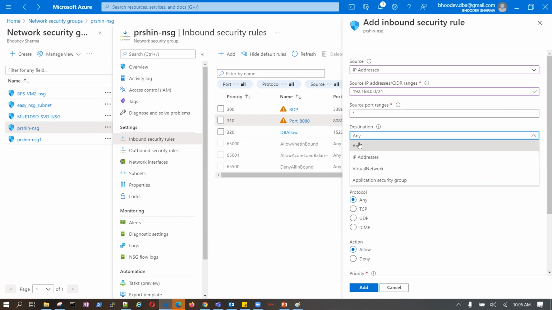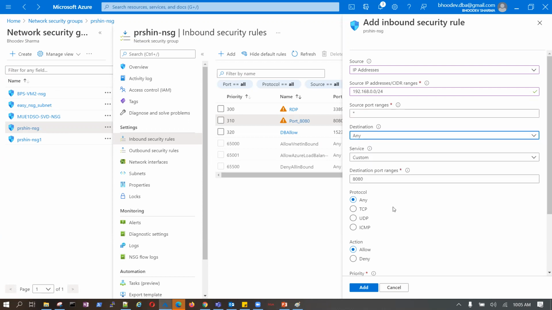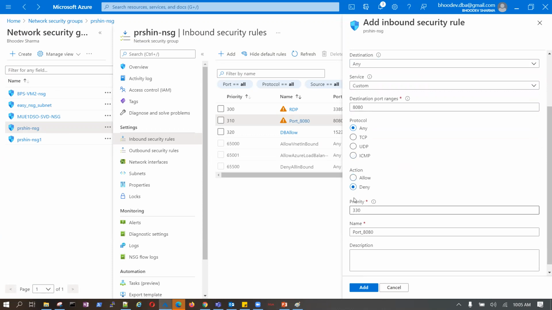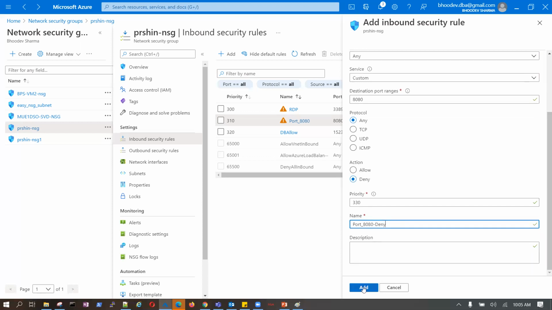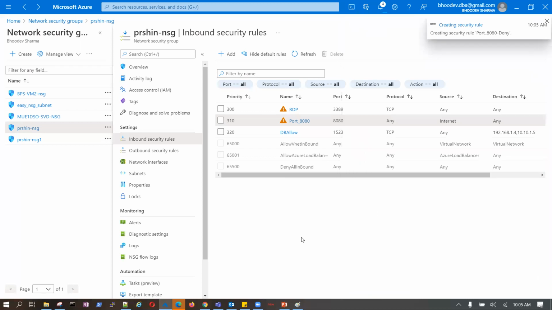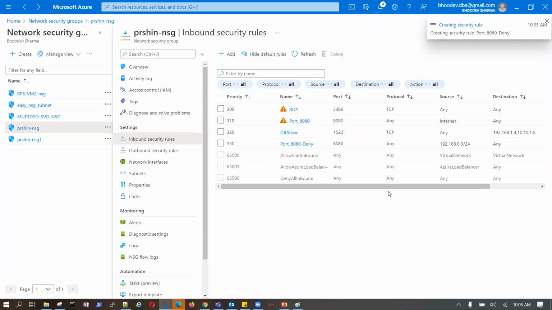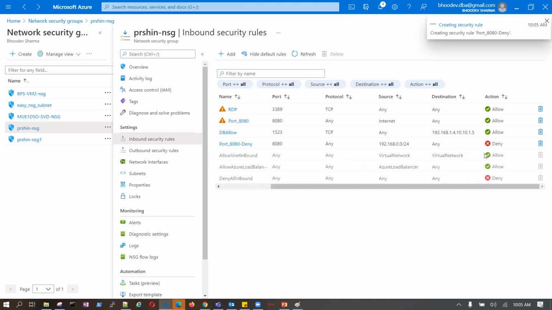Destination is an IP address, or a virtual network, or what? Now, I can take any. I say port 8080 with priority 330, and I deny it. So I created this rule, and I said deny.